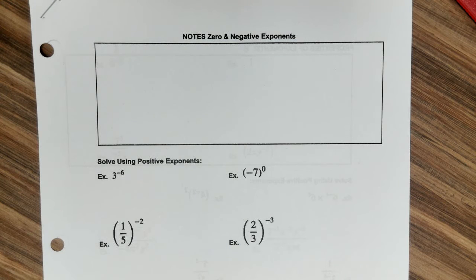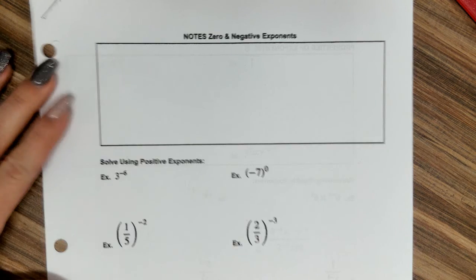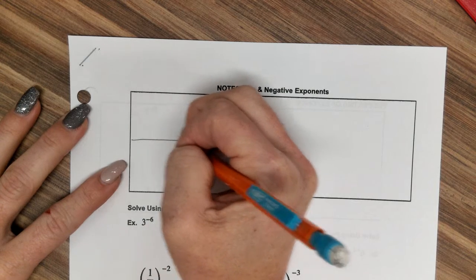All right, today we're going to go on with zero and negative exponents, which we have already learned, but we're actually going to have a full lesson on it. So the first thing we need to know is anything to the power of 0 is 1. So separate your box like this